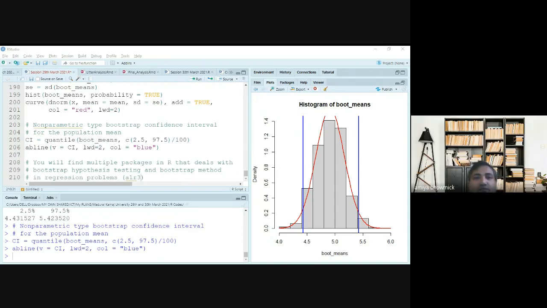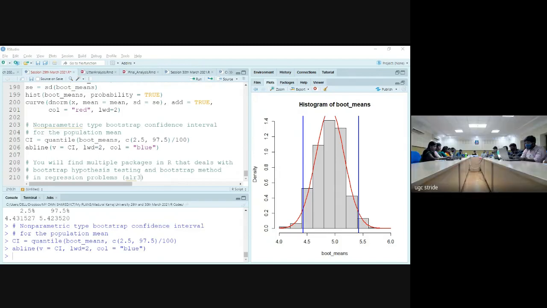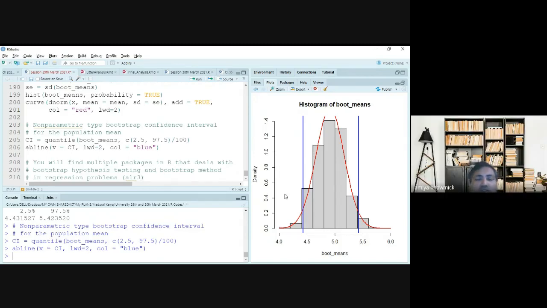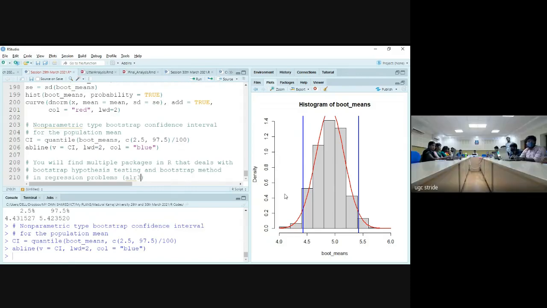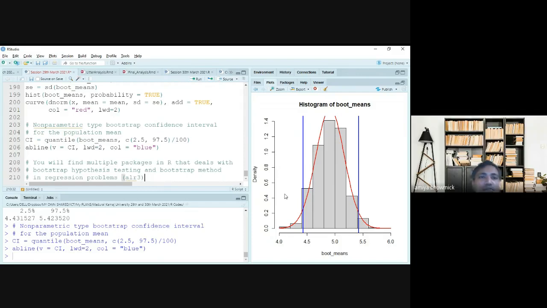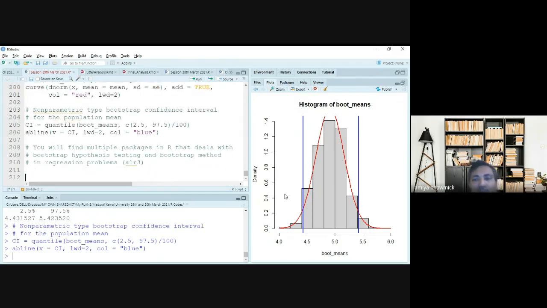Okay, so this is one of the very important techniques, and most statistical ecology books or guidelines for ecologists, the statistical methods using R, contain it. This is one of the methods which almost every book contains. So I think this is what I wanted to talk about: bootstrapping, and a bit of homework.